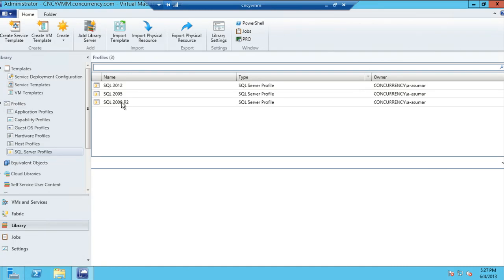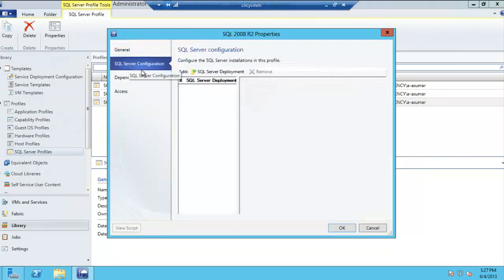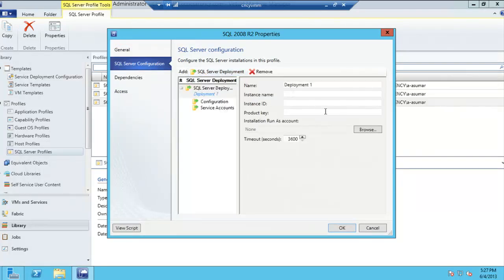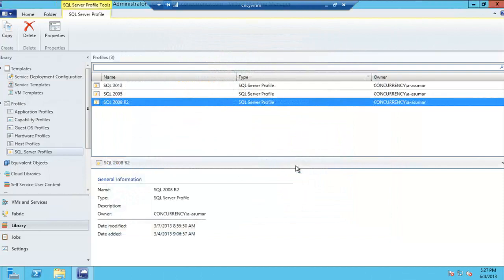How many of you are SQL administrators or know a little bit about SQL or have ever installed SQL? Can spell SQL. All right. So I'm going to click on this. And if you guys have ever installed SQL, these screens look familiar to you, right? So instance name, instance ID, configuration, service accounts, Windows authentication, SQL authentication, et cetera, service accounts that need to be enabled, directories, et cetera. So this is where I can take my platform and layer that on the private cloud